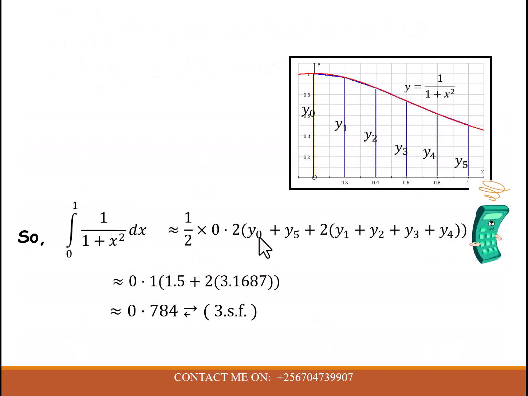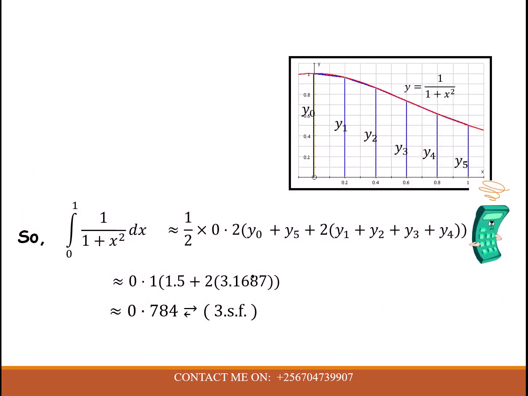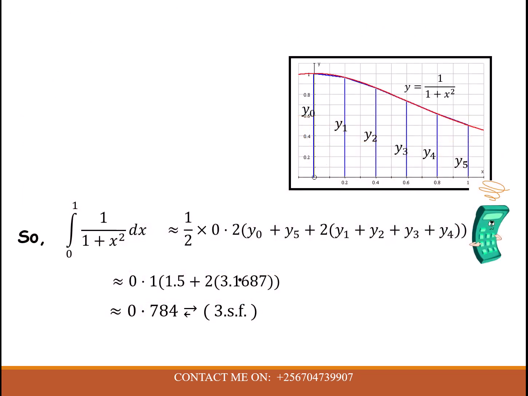So when we go to our formula, we just substitute. Our formula has an h, and this 0.2 is our h, then Y0 plus Y5, then plus 2 into (Y1 plus Y2 plus Y3 plus Y4). So you realize that when we summed the first and the last values, they gave us 1.5, as you can see. Then the middle values gave us 3.1687. That's why you see this, and we are multiplying these middle values by 2. So finally, we get